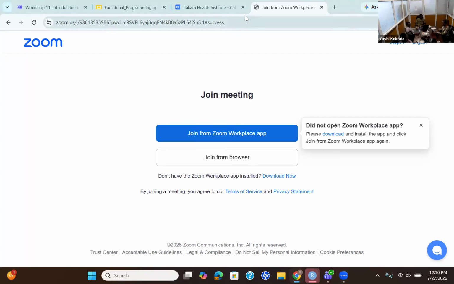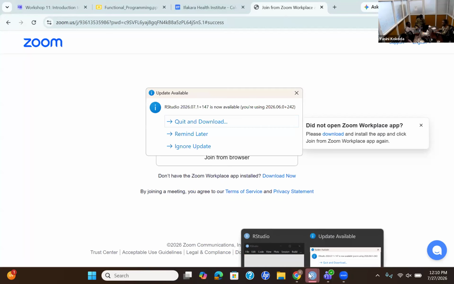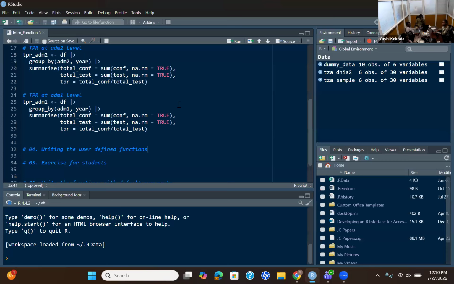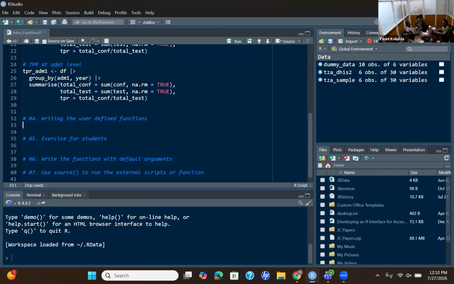Yes, we can see the RStudio. Gerson, can you put a thumbs up?